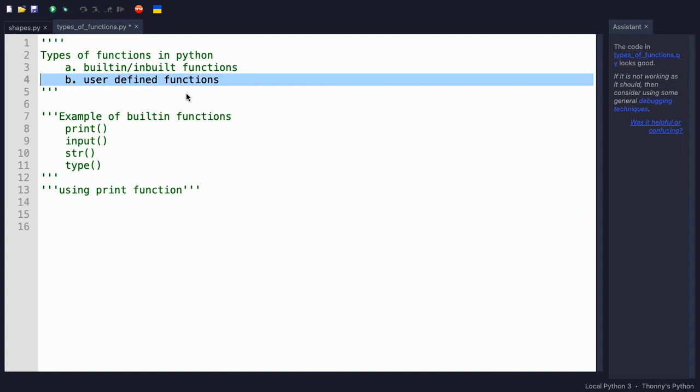On the other hand, we have built-in functions, and built-in functions are embedded in Python. Once you download and install Python on your computer, you'll have access to all the built-in functions. So far, we have used some of the built-in functions. For example, we have used print function, we have used input function, we have used str function, and we have used set function. And later, we will use more